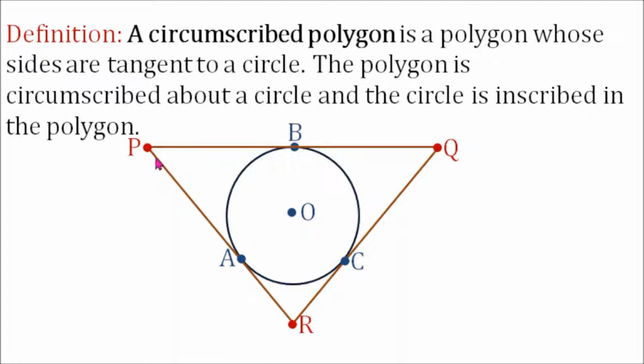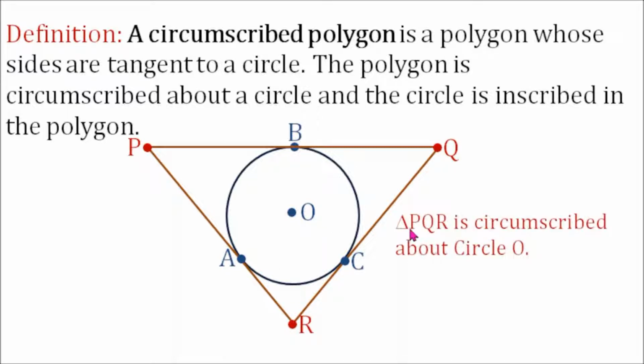In our figure, triangle PQR is a circumscribed triangle because all its sides PQ, QR, and RP are tangent to circle O. So we can say that triangle PQR is circumscribed about circle O, or circle O is inscribed in triangle